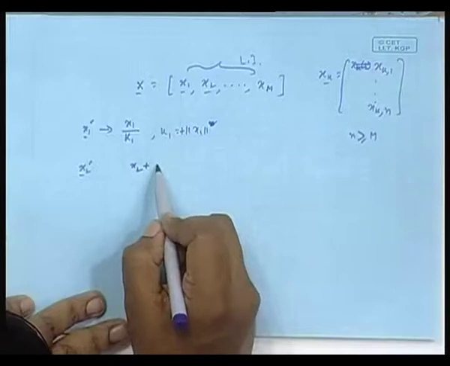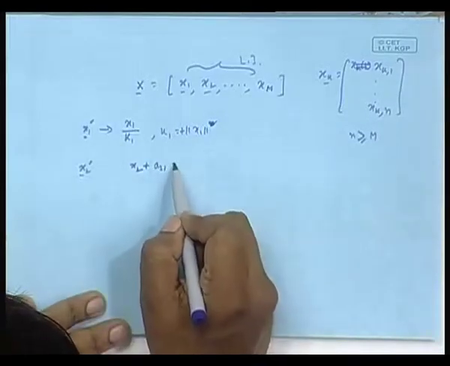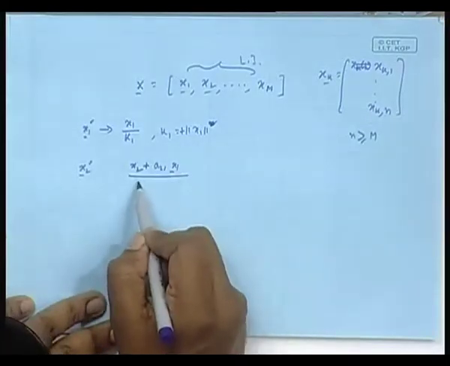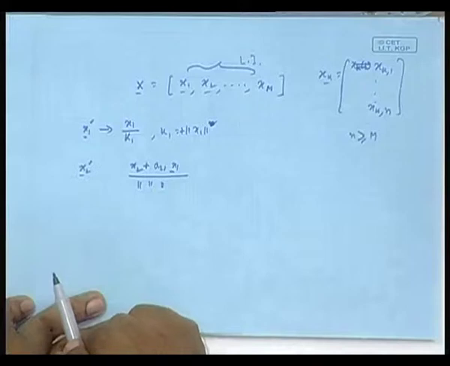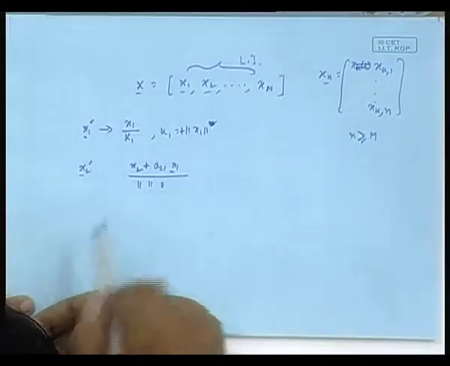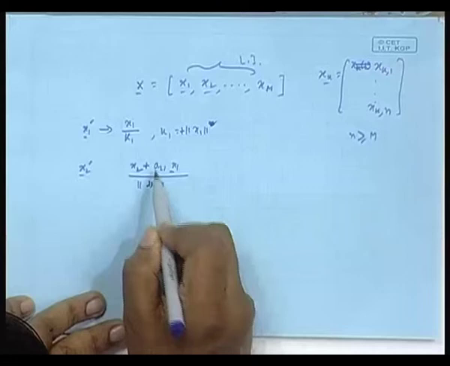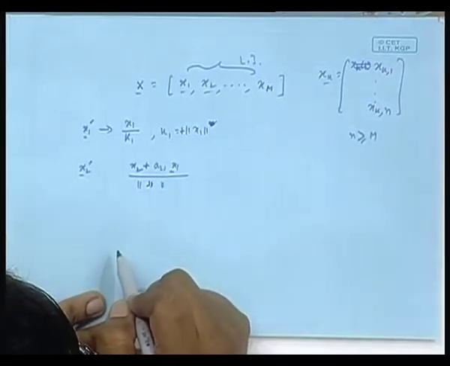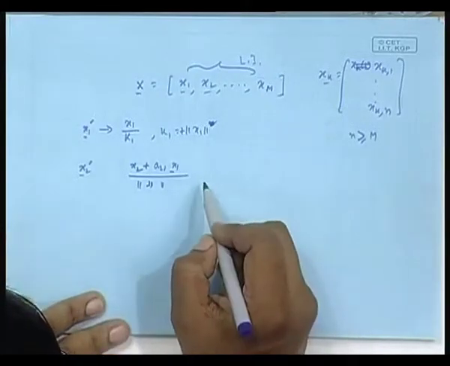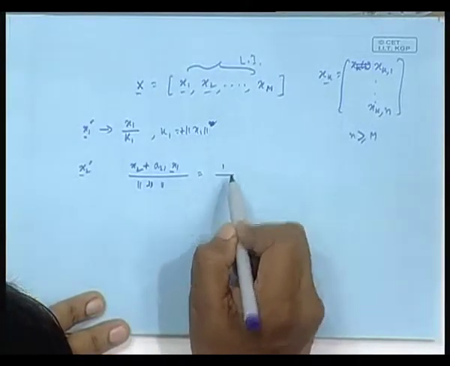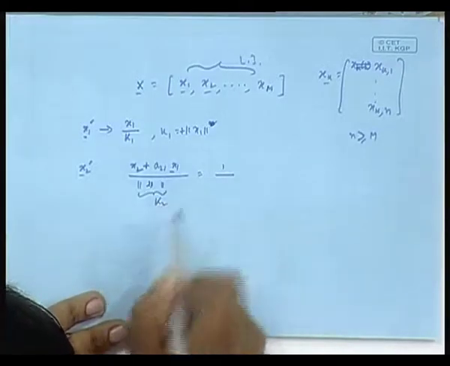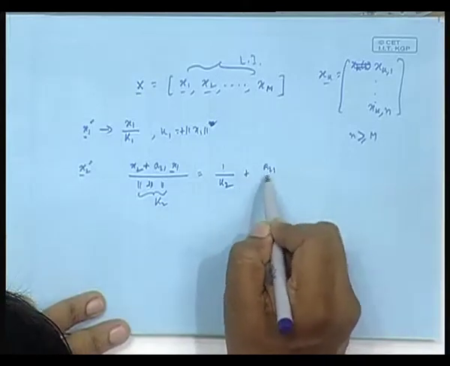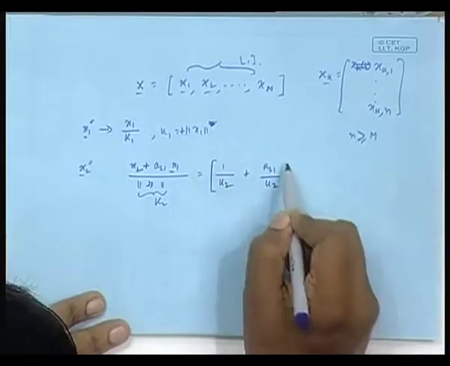Say a 2 1 into x 1, this is the vector, and then divide by the norm of the above, and if you call this quantity k 2, this is 1 by k 2 times,